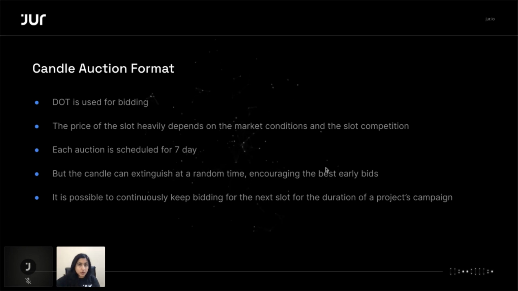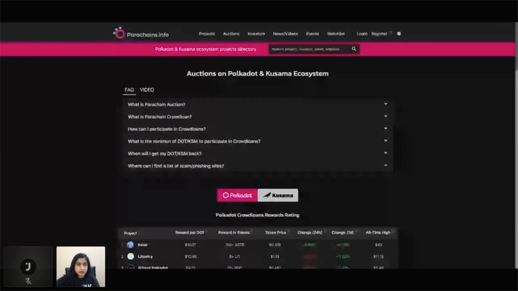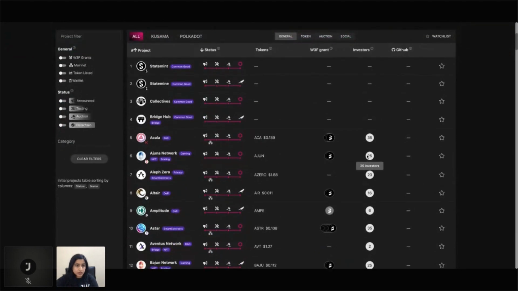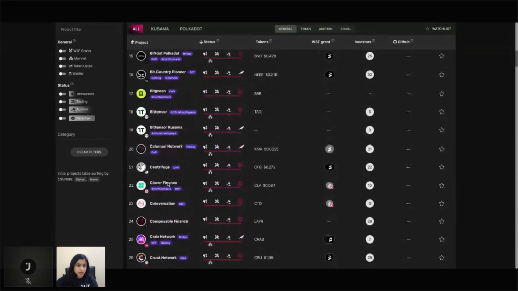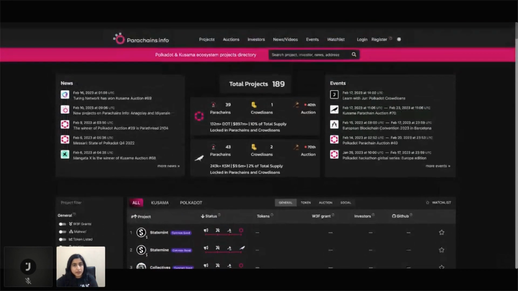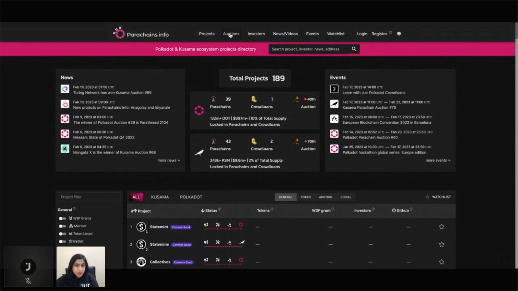So in fact, I want to take this opportunity to show another official website from Polkadot. I'm currently on parachains.info. This is the official website for Polkadot, where you can come and browse through all the current projects on Polkadot, get some general information about them, maybe stay updated on some of the events. So these are all the parachains right now, and even the projects that have announced but are still building towards becoming a parachain. And if you go to their auction section